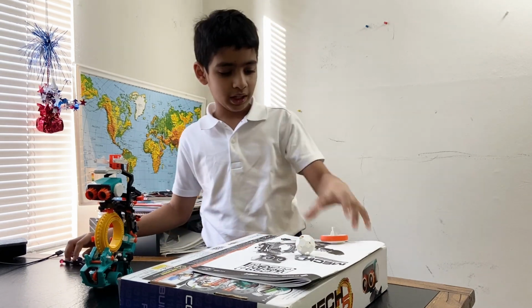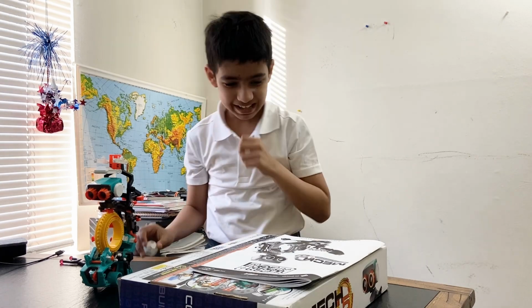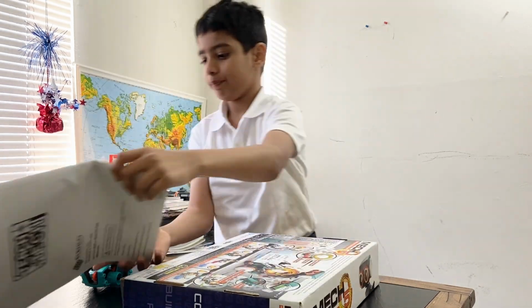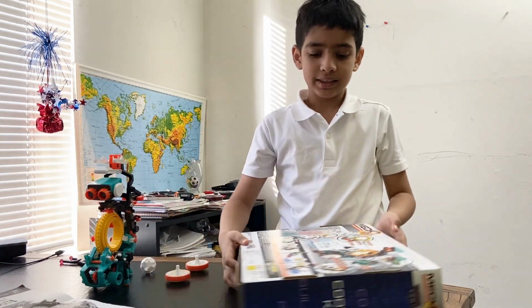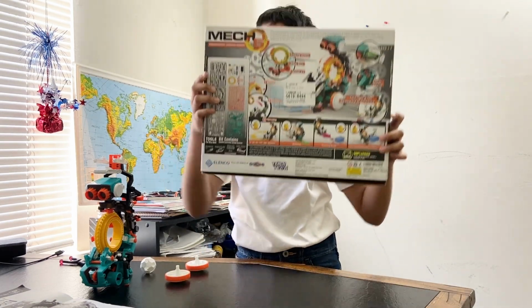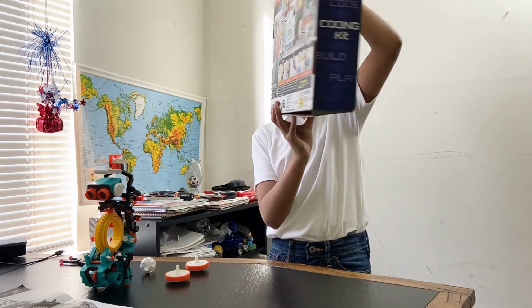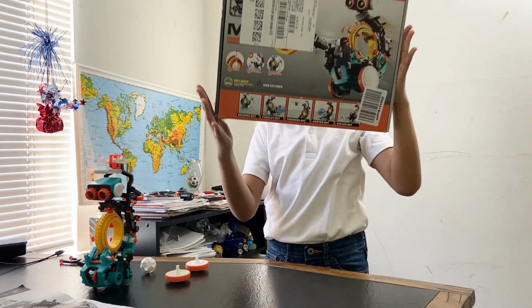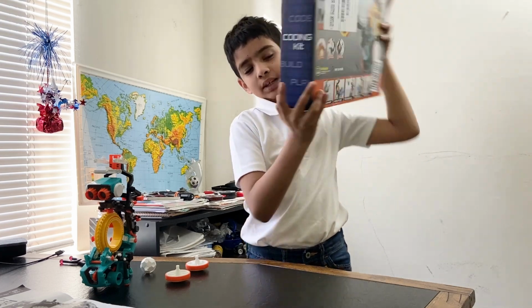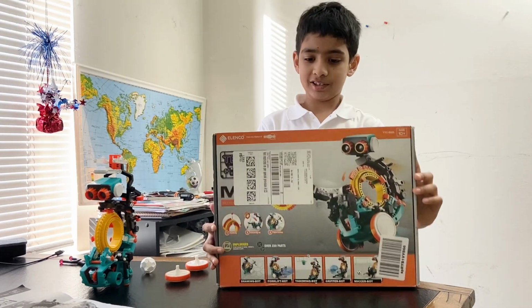View number 1. View number 2. Soccer ball. And finally, the box of doom. I'm kidding. So, as you can see, this is the box. Get a closer look. Okay, so